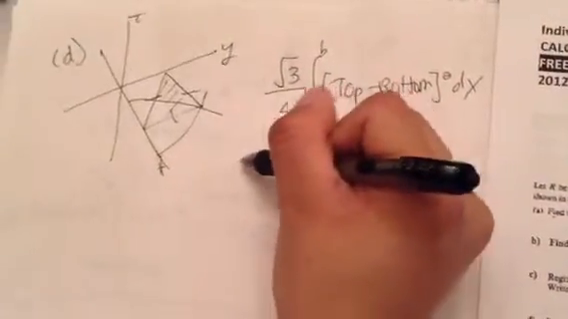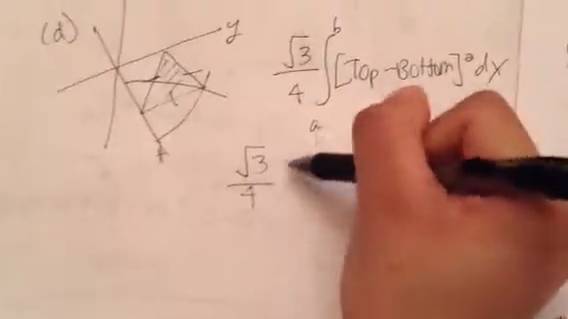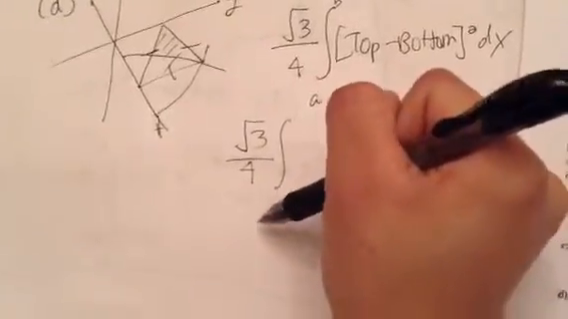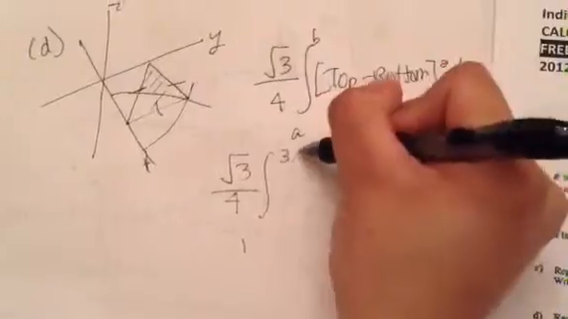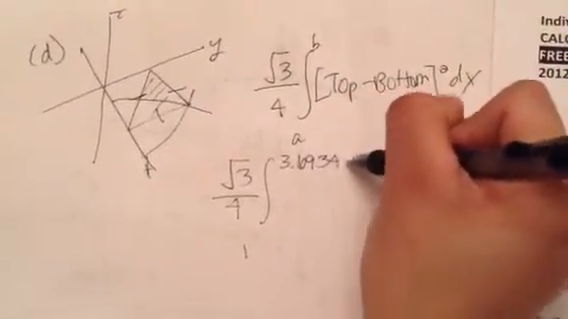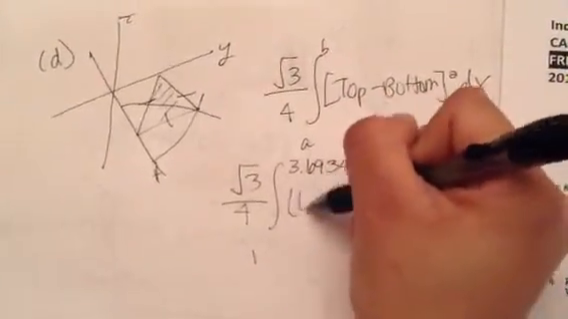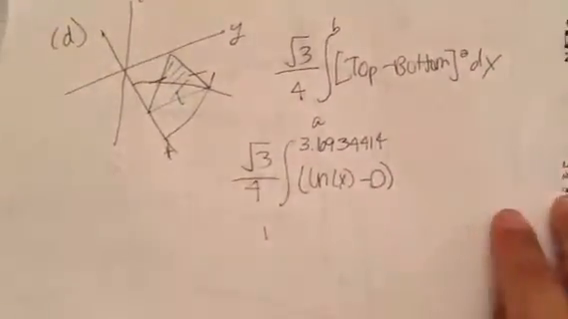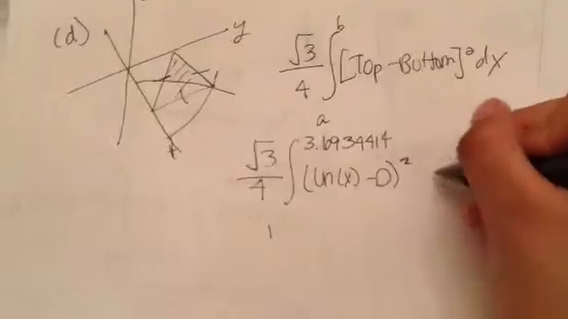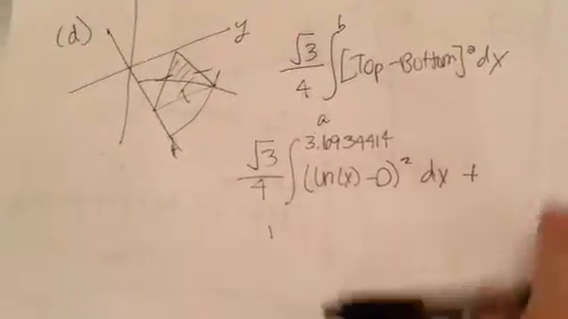And so we're going to do square root of 3 over 4, a, which in this case is 1, to b. In this case it's 3.69344414, top ln x minus bottom 0, squared, of course it has to be squared, dx, plus